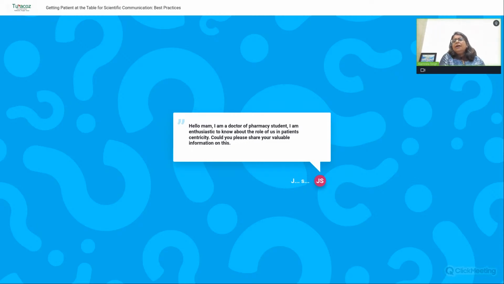So whatever is around that drug, and how the treatment has to be taken or implemented, a pharmacist and a pharmacy student, either in the lab, in the hospital on the wards, or in the pharmacy itself, have a big role to play. I would say you become a bridge between the doctor and the patient. That is an important role which I see for anybody who's a doctor or pharmacy student.